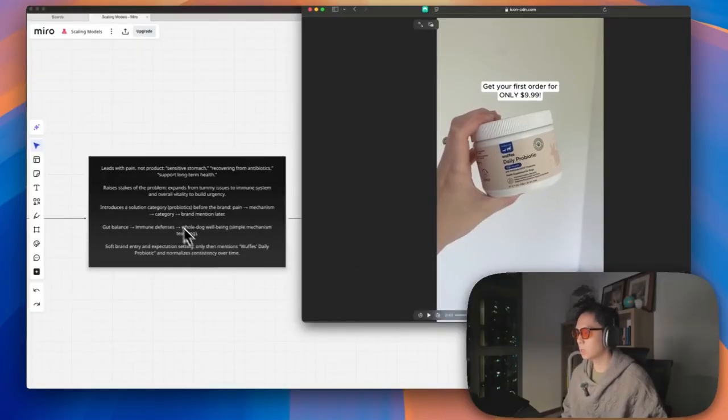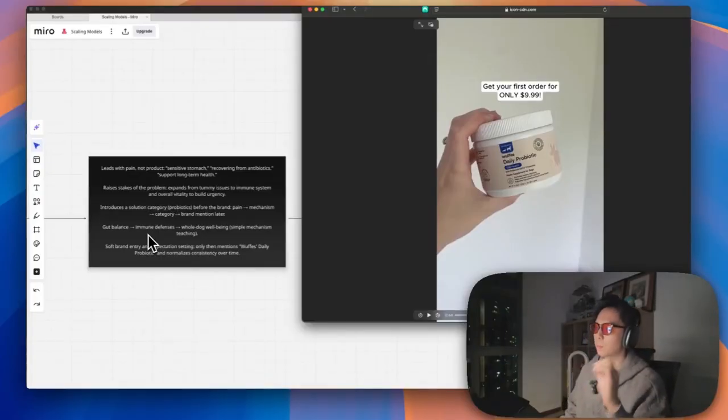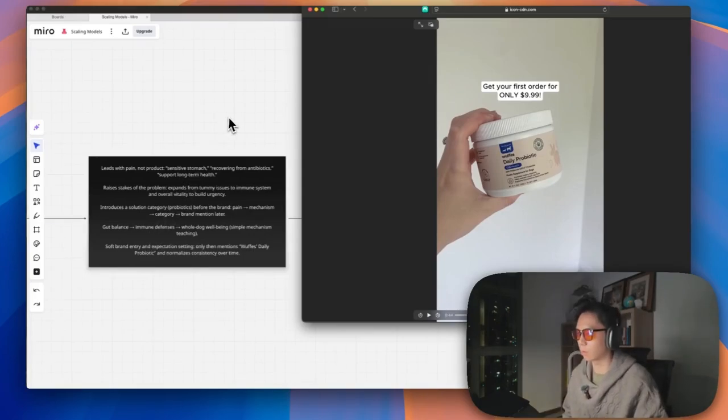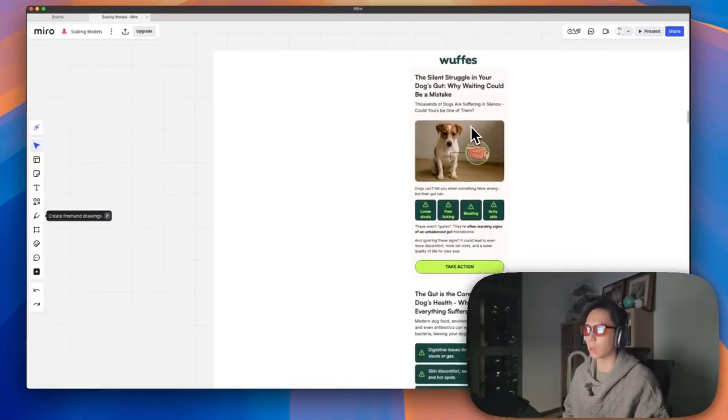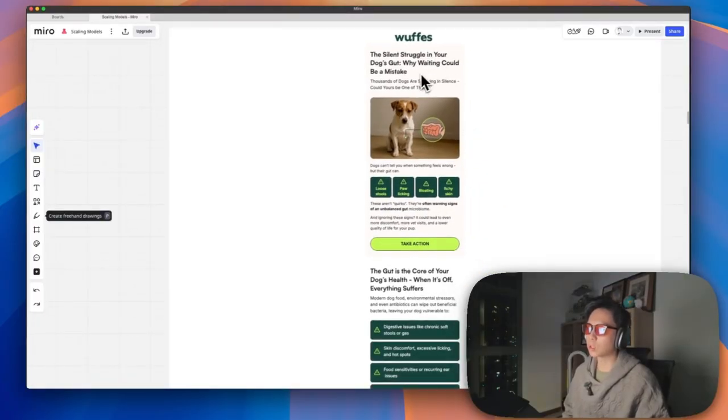All right, so this basically positions the offer as if you could tackle gut balance, improve their gut health, it would fortify their immune defenses, which in turn makes your dog healthier. So it's a pretty simple mechanism. They're just breaking it down, showing you the logical arguments, and they show you the product at the end of it. So this is a pretty straightforward funnel, and then they bring you to an editorial page where they talk